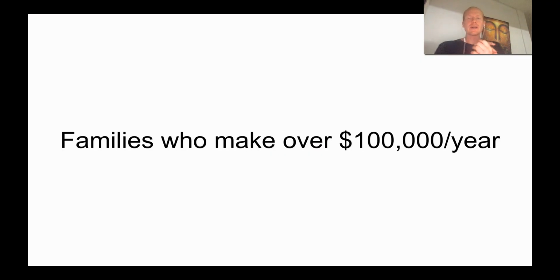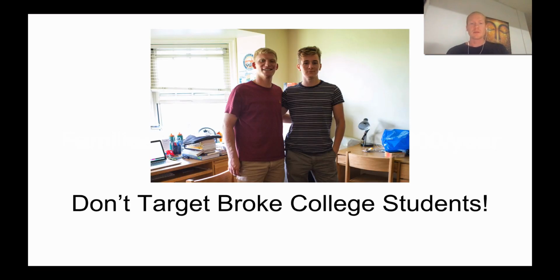The people we want to reach out to the most are the upper middle class. It's people that make $100,000 or more per year in the household together, okay? So that's important because that means that whatever they're going to spend on that product that you're selling, that $1,000, $2,000, $3,000 product, it's not the last dollar that they have. In fact, they have a lot of disposable income. So buying that product is more just like buying a toy for somebody who makes a lot less. Do not target broke college students, whatever you do.